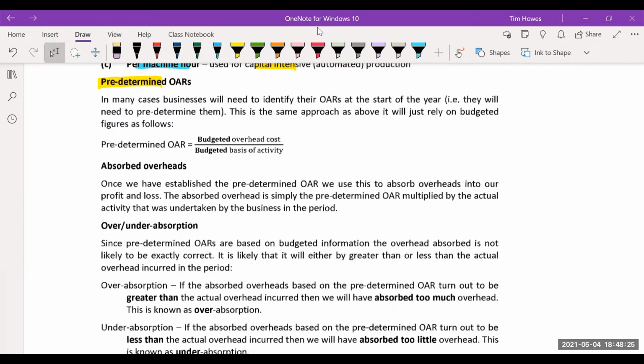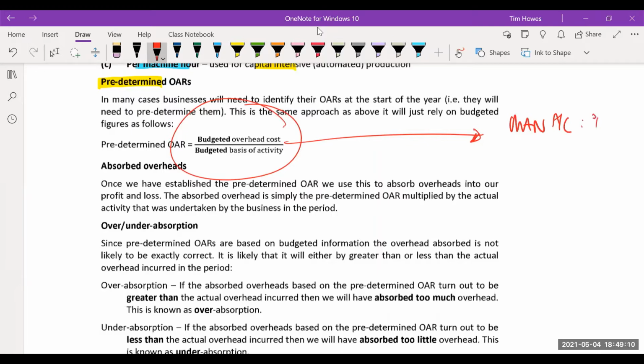And so you'll see that this predetermined overhead absorption rate is exactly the same. It's the overhead cost, but budgeted, compared to the activity level. So how many machine hours, labour hours or units, again based on a budgeted level of activity. And that is ostensibly how things work, isn't it? We have a budget. Now, hoping to convey the ultimate process without it necessarily being strictly accurate, just imagine that with this budgeted overhead absorption rate, we're going to have a management accountant who is going to do some double entry